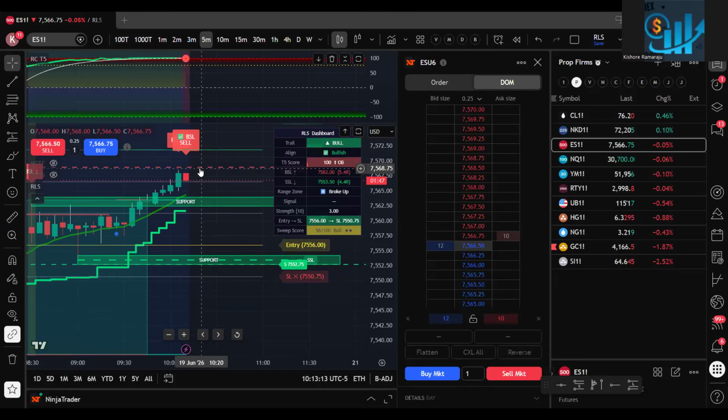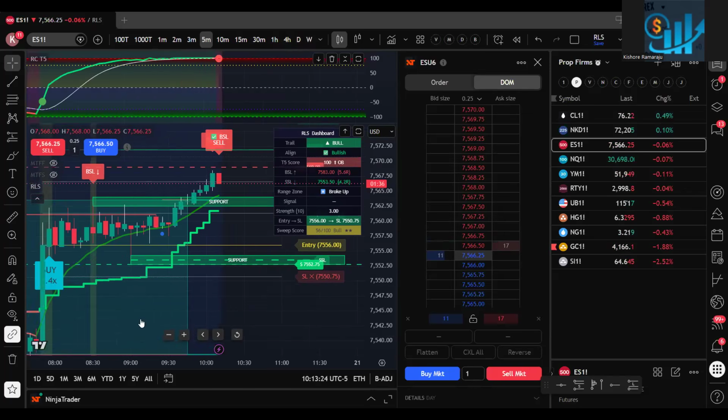Yes, this approach will work, right? If you are a swing trader, you can use 1 hour time frame. If you are a long-term investor, you can use daily, weekly. This approach will work with any time frame. But because we'll be doing mainly day trading, so we'll be mainly using